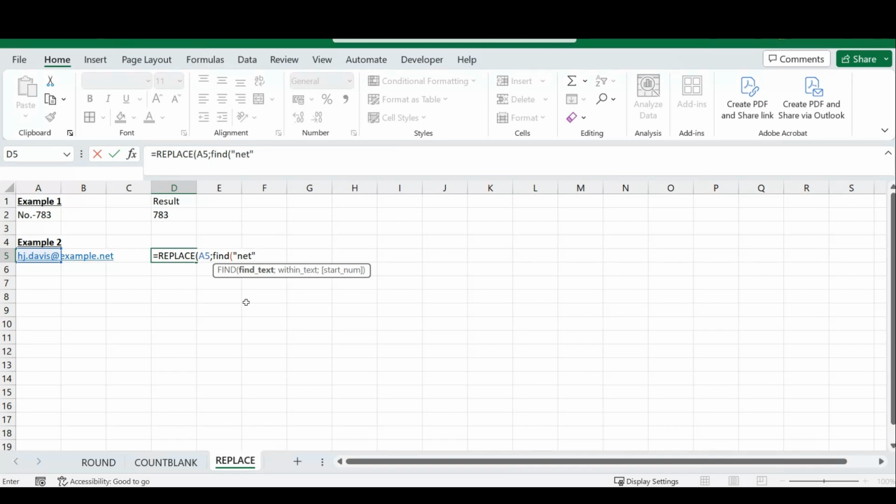So as I said, we are going to find this text here. In our find function, this is kind of a bonus for everybody, so you're learning not only the replace function, but also the find function as well. For this, we are just referencing within what text we need to find this text. So this is just going to be our A5 cell, our original text cell. And once you've referenced that cell, you can close your bracket, and this whole find function will work towards your